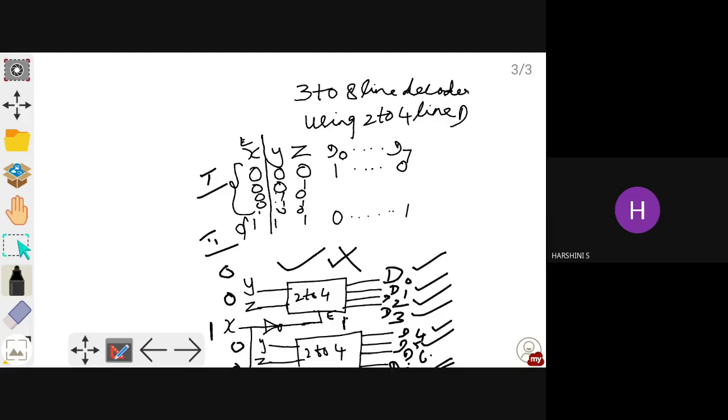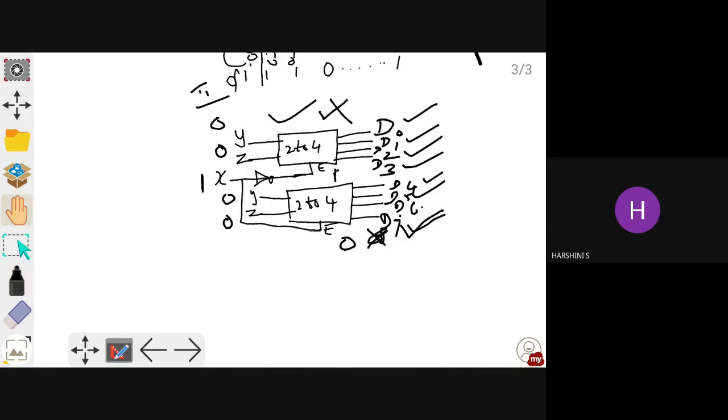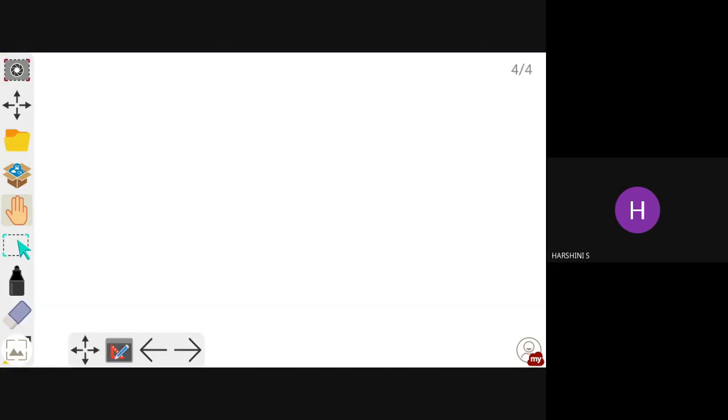So give one decoder the inverted input, and the other decoder without inverting. Only then, for the first 4 combinations of truth table values the first decoder will be working, and for the next values of the truth table the second decoder will be working. So D0 to D3 the first decoder will be producing, D4 to D7 the next decoder will be producing. So is it clear? So next you are going to design